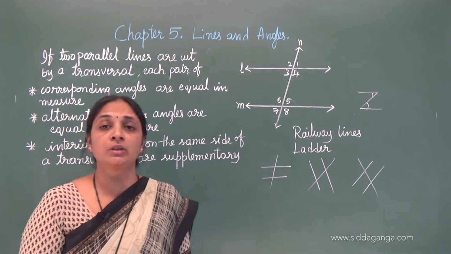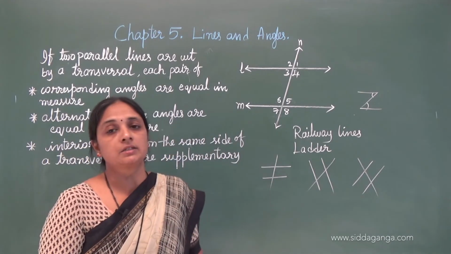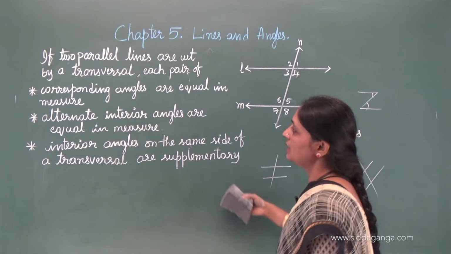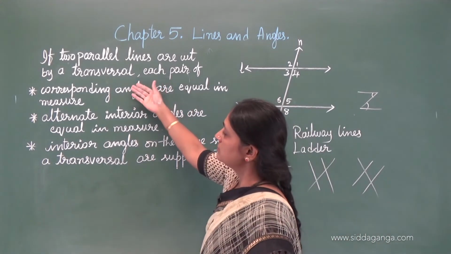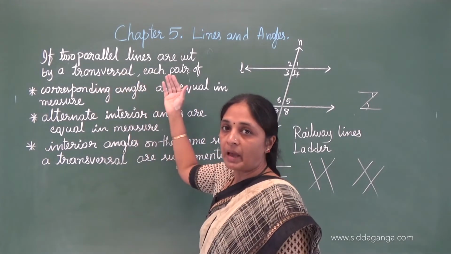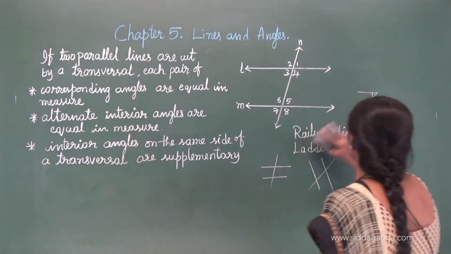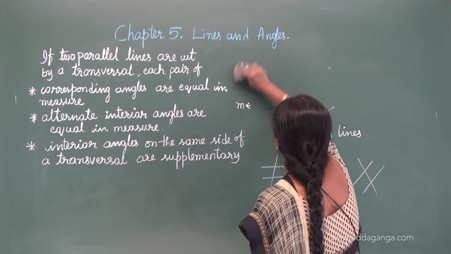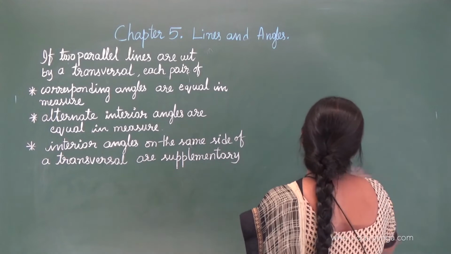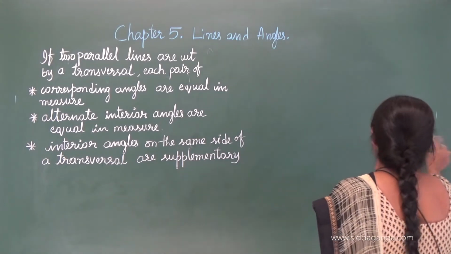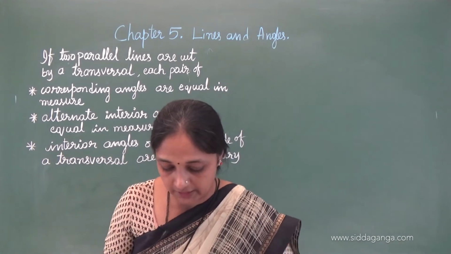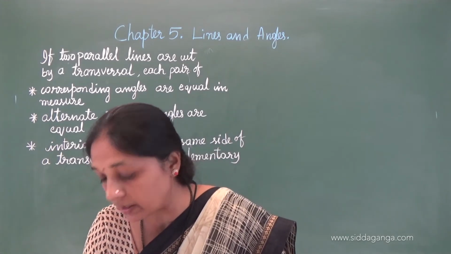We have two methods to get perfect parallel lines, how to construct or draw parallel lines, okay? And these are the three important points that you should know about a transversal when a transversal cuts parallel lines, okay? So here I show you how we can construct using a set square. I have one 45-degree set square, that is this square here. With the help of this, I can show you how we can draw parallel lines, okay?